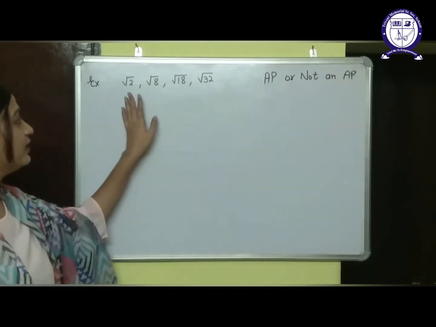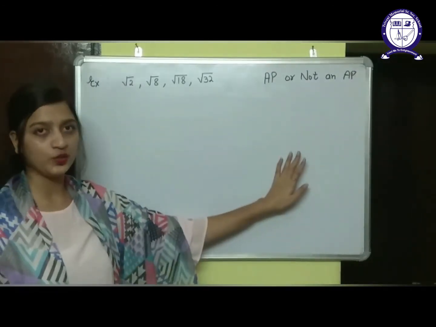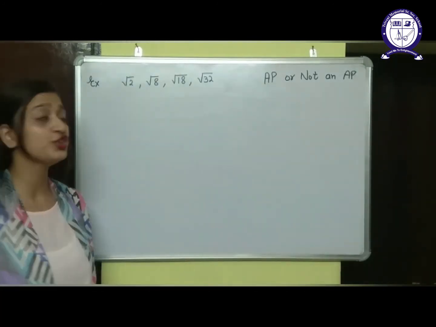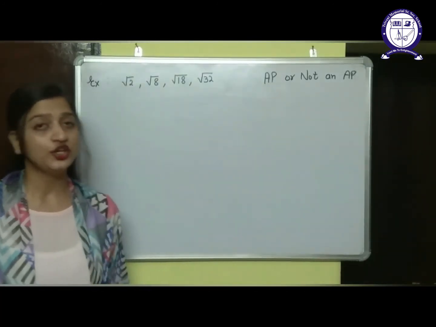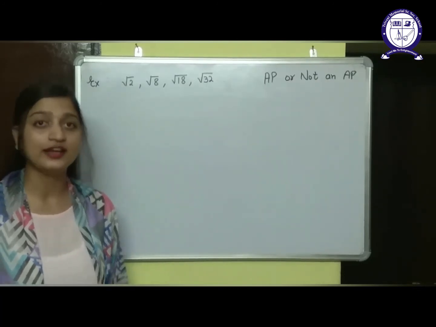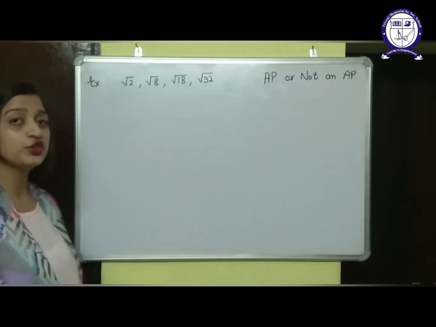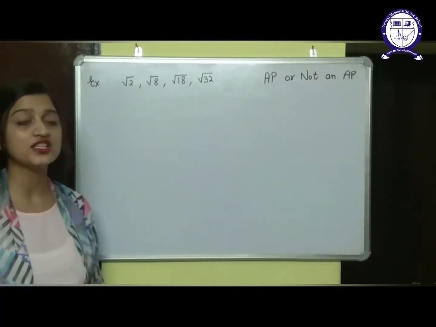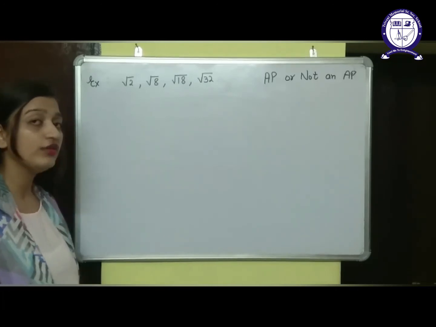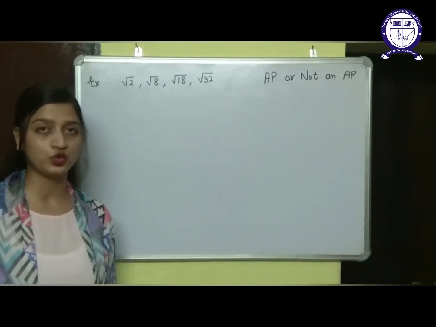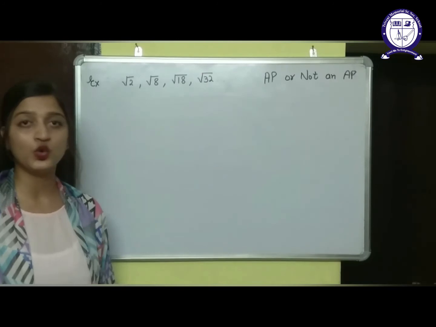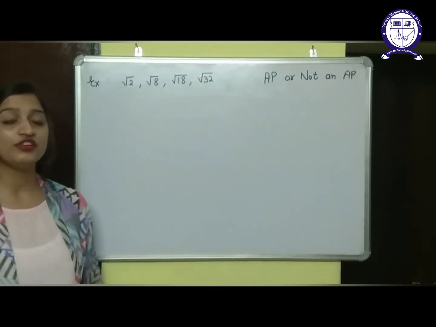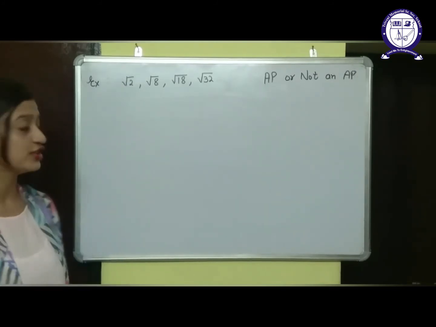But you can see that the numbers are in the form of square roots and you are not able to subtract them. Because to tell whether it's an AP or not, you need to find the value of D, right? So you need to subtract it. But how will we subtract the numbers in the square root? How will we subtract root 8 and root 2? We cannot subtract two unlike square root parts. So first of all we will change them into their general form.